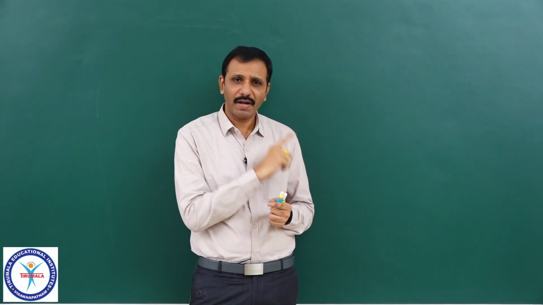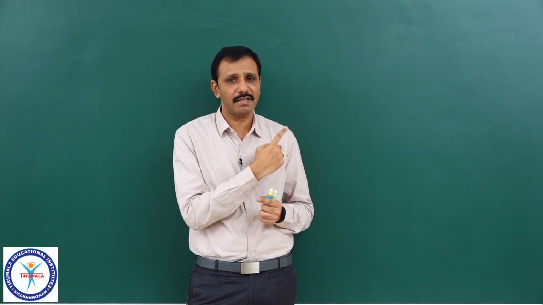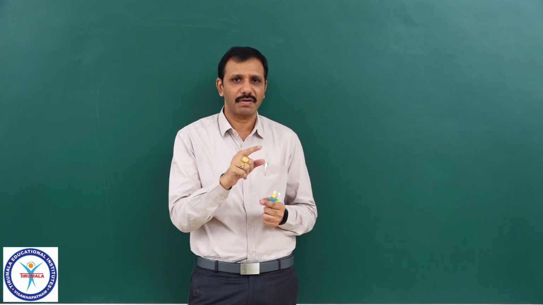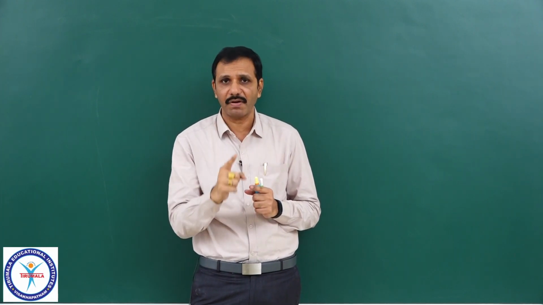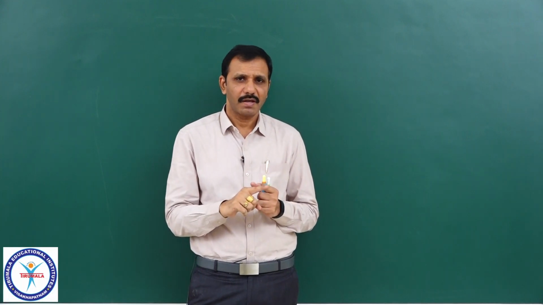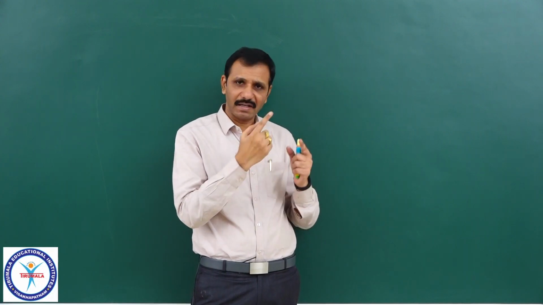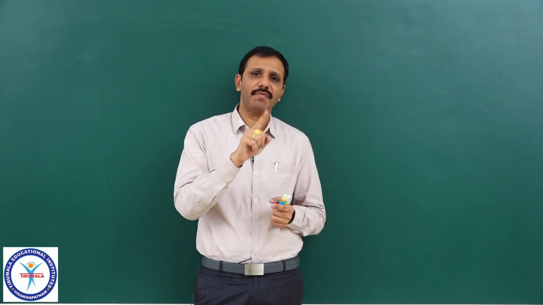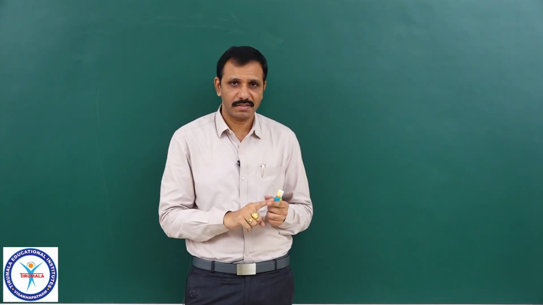Mainly, they have concentrated on the first model, 0 by 0, and the next one, power infinity. When it is of the form f of x whole power g of x, I have written that whenever it is of the form 1 power infinity, it can be written as e power limit x tends to a of g of x into f of x minus 1. Of course, whenever it is of the form function whole power function, such limits can be evaluated by taking logarithms. Let that be equal to some function and take logarithms on both sides. Here I have directly given a formula to evaluate those limits, but whenever it is of the form f of x whole power g of x, it can be evaluated by taking logarithms on both sides.